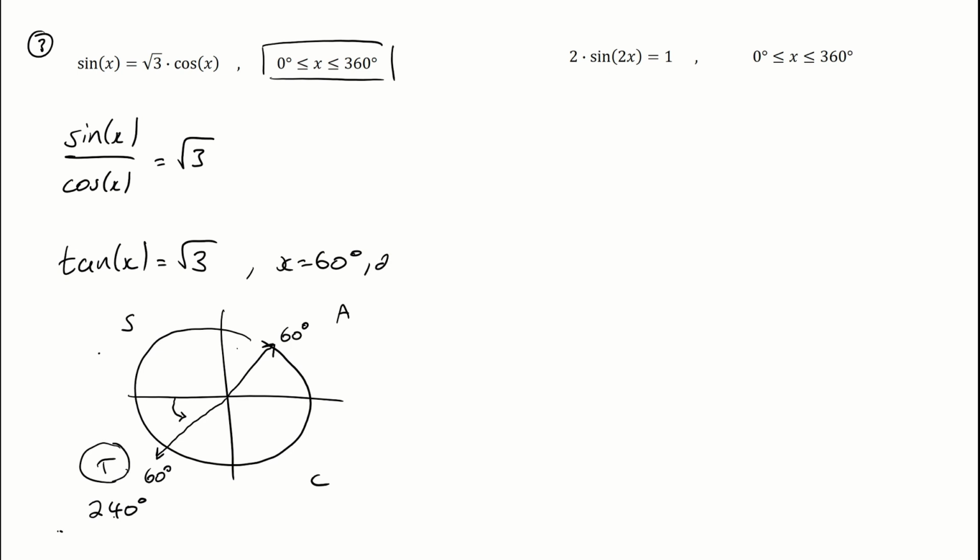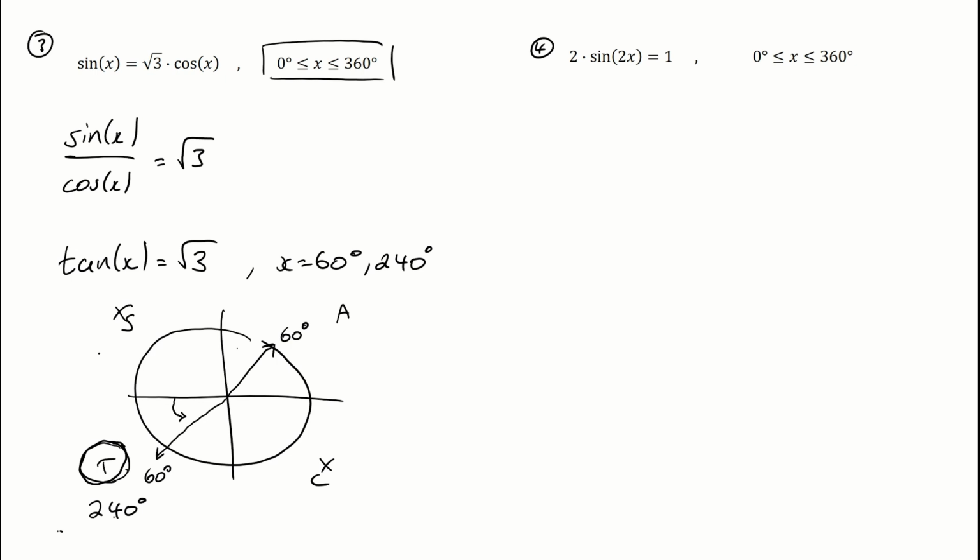So I get my 240 degrees in here as well, because tangent is positive in the third quadrant. I can't use this one, and I can't use this one because tangent is negative in both of those. If I have a look at this fourth and final question,